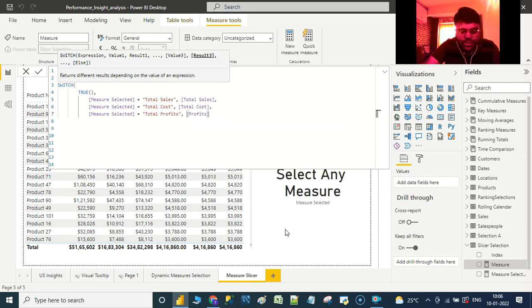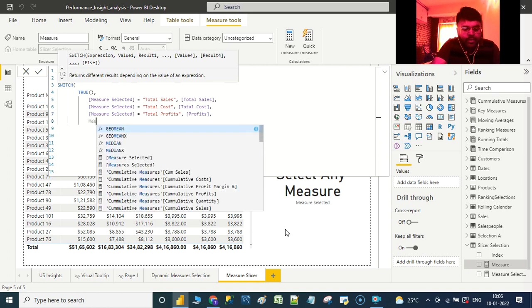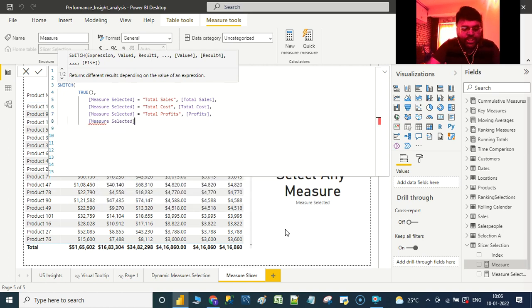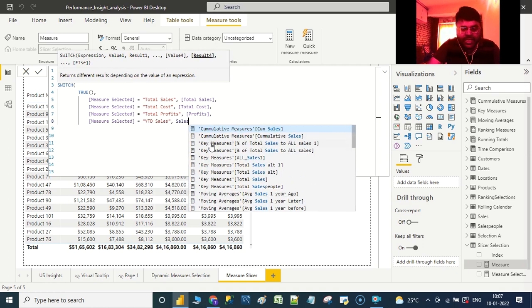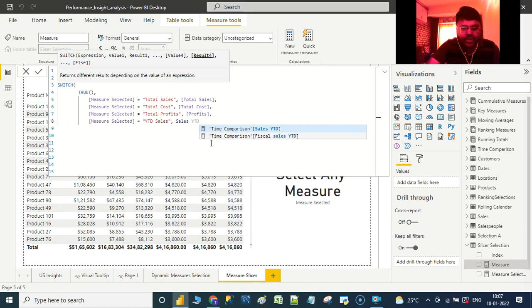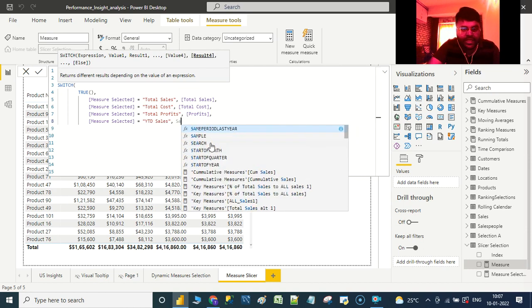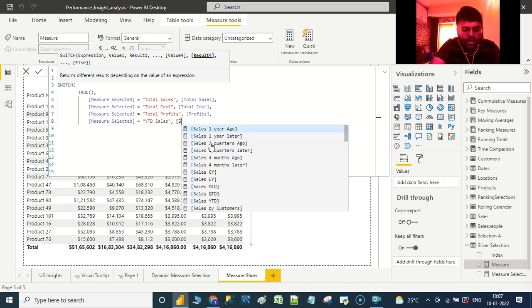Let us select the profit measure, and if the measure selected is equal to YTD sales, then return us sales YTD. Since I have renamed it as sales YTD, that's the reason I am selecting sales YTD.